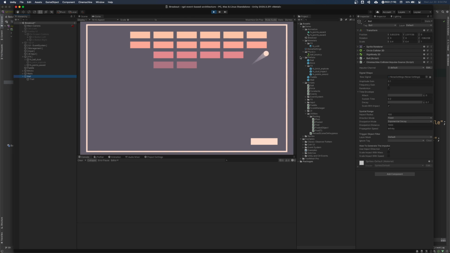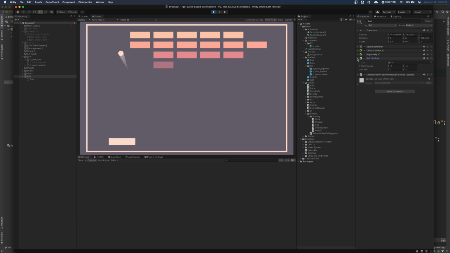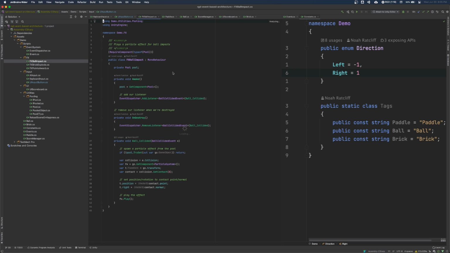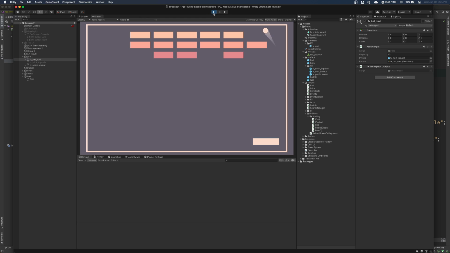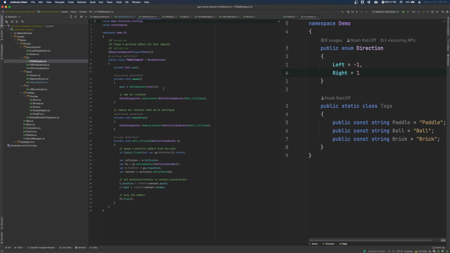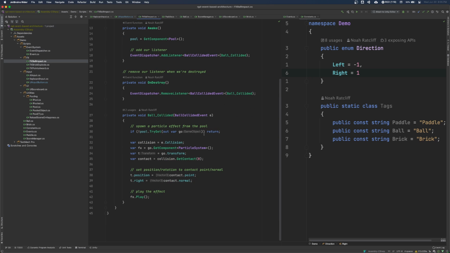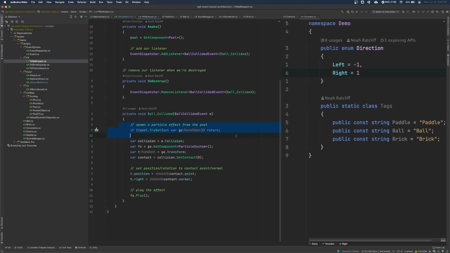So we're not doing that though, right? The ball still just emits these collision events. It does nothing different. The only thing that's different is now there's somebody listening for them. And all that this script does is, let's go ahead and stop this back here, all that this script does is listen for that ball collided event and get a particle effect from a pool that we have here.